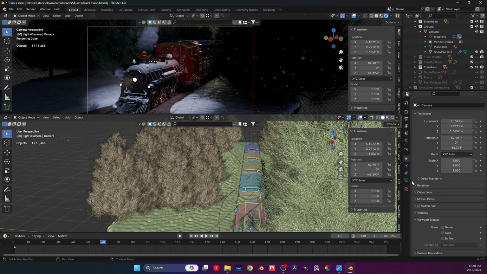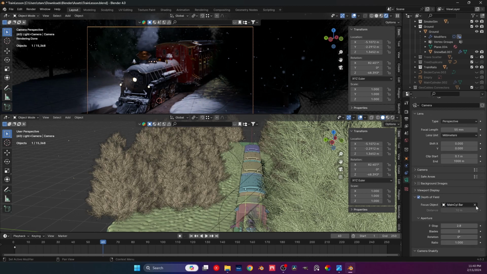Nothing, again, too crazy about it. It's just there to be. Also, we could get the depth of field out, which would in turn change a little bit of our render. I don't want that. We will talk about depth of field in the next episode, which is actually going to be